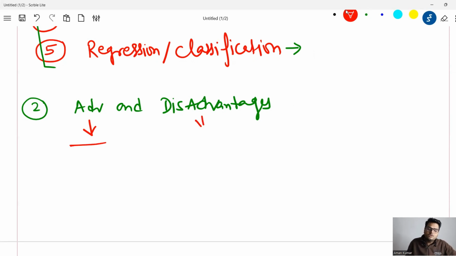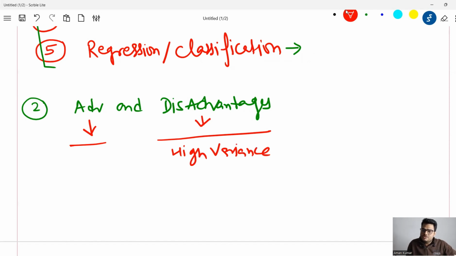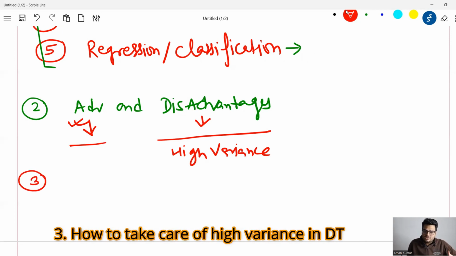What are the disadvantages of a decision tree? All of us know a decision tree has a high variance, right? So this is a disadvantage of a decision tree. Now, in what kind of situation will you use a decision tree? You will use a decision tree when you don't want to do a lot of data cleaning, a lot of data pre-processing, a lot of feature engineering, or a lot of mathematical intuition behind the model. Those things you don't want to do. Then you will go for a decision tree model. Okay. So you have to answer this question from the angle of advantages and disadvantages.